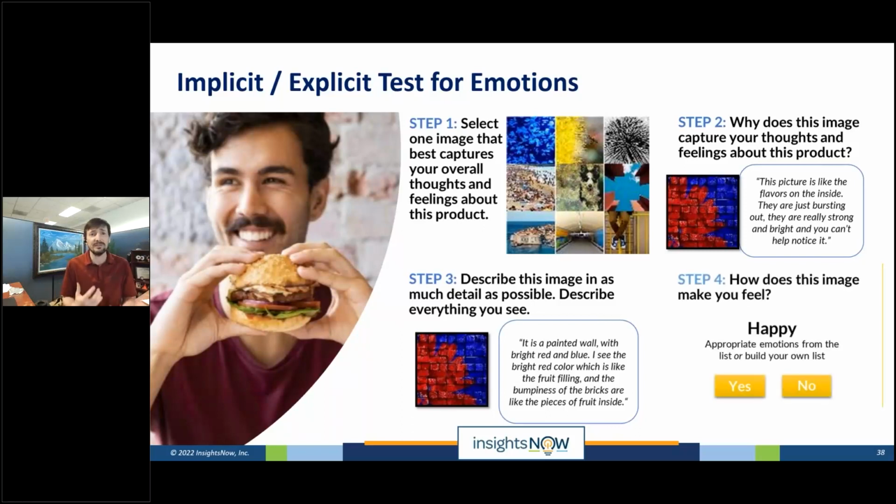And then finally, we go through an implicit explicit assessment where you're flashing key semiotics, in this case, keywords at people: happy, sad, surprised, and so forth. And you're just saying, did you experience this emotion? Yes or no. And via the calibration, I know based on how fast they answer whether that was an implicit reaction to that word or whether it was an explicit reaction to that word. If it slowed them down, they went, I don't know if I feel happy, or if they went, yeah, feel happy.